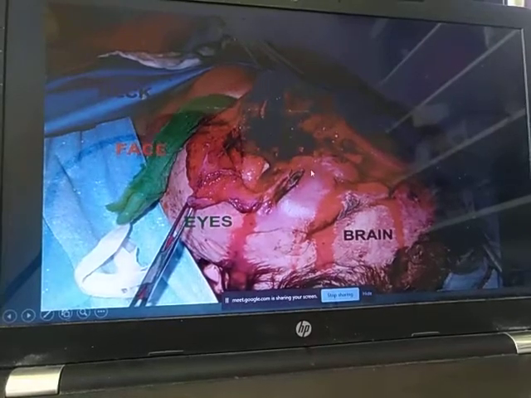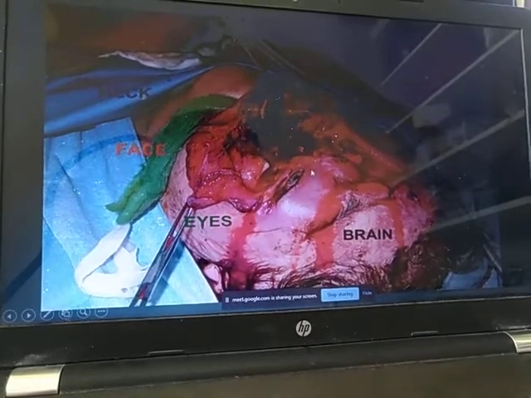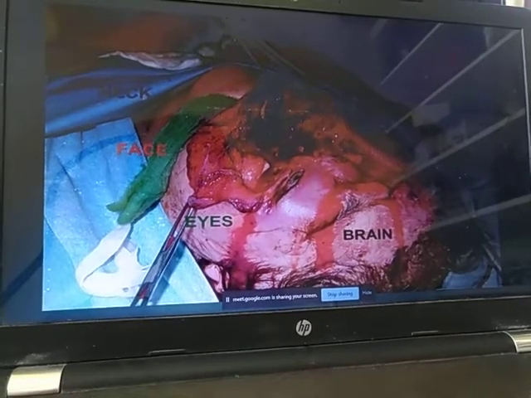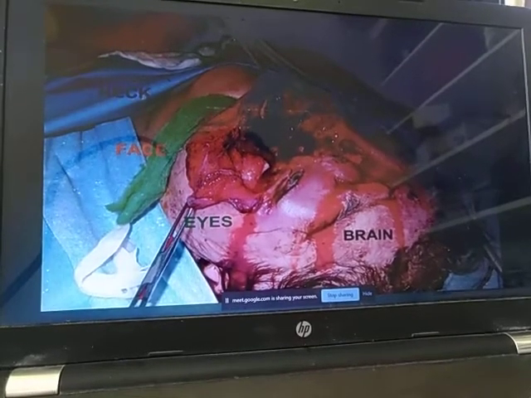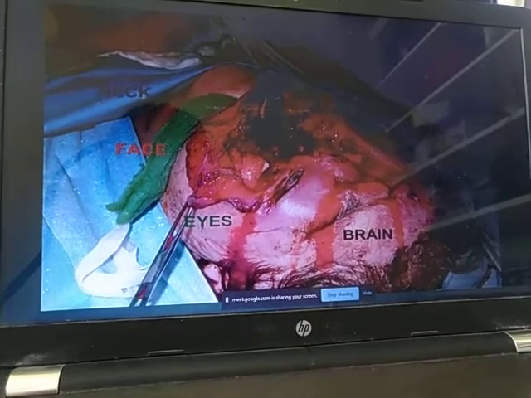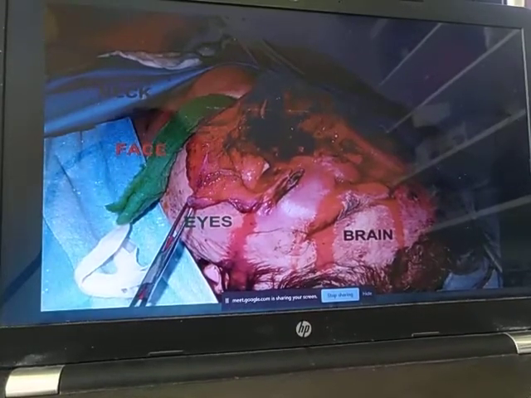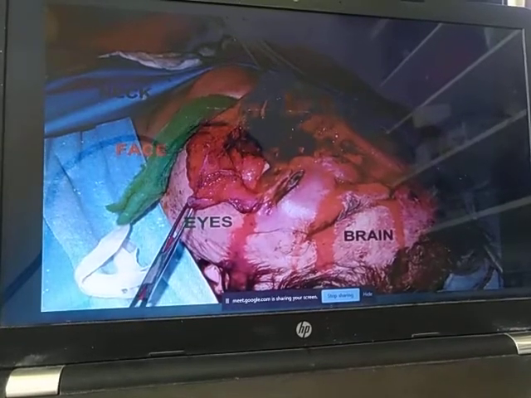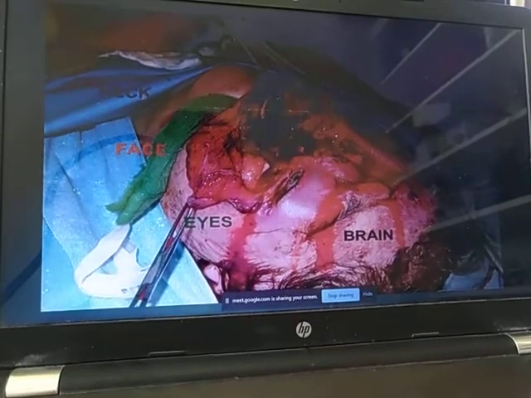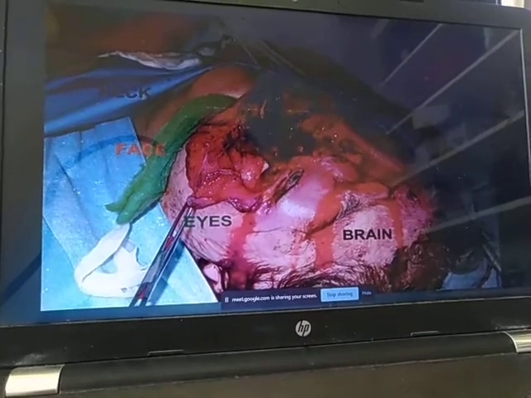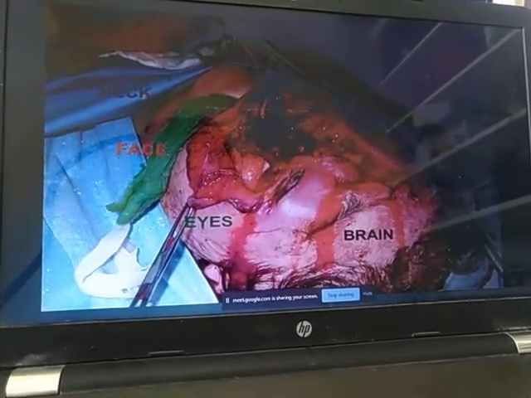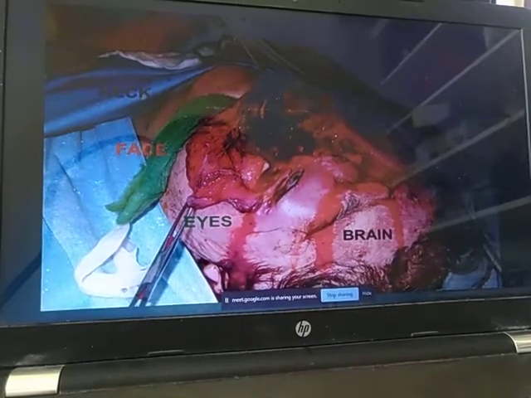Then we go for the eyes, because vision threatening injuries are very common and the morbidity sets in very fast. So we have to act accordingly. We have to check if the intraorbital pressure is increasing or not. Most of the time we'll call in an ophthalmologist to check the intraorbital pressure with a tonometer, and we'll check the optic nerve and the extraocular eye movements as well to rule out the vision threatening injuries.